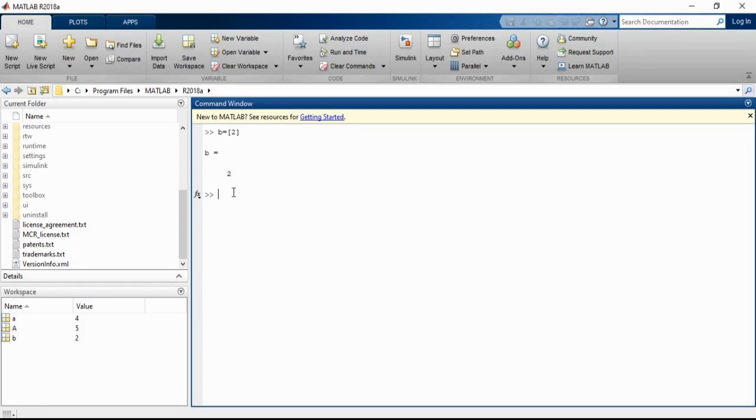But if you do the same thing in vectors, it will show errors and create problems in the program.